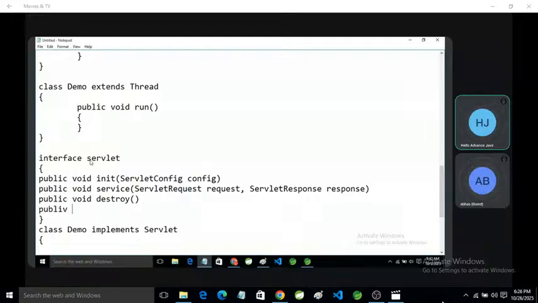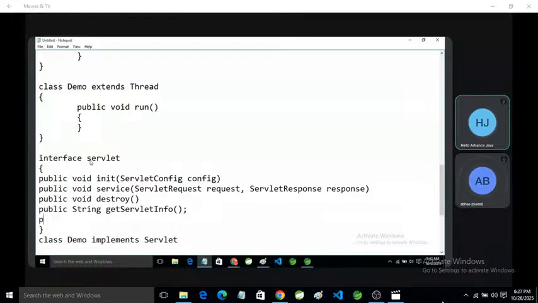Fourth is public String getServletInfo, and fifth is public ServletConfig getServletConfig. Okay, so a servlet has five methods.